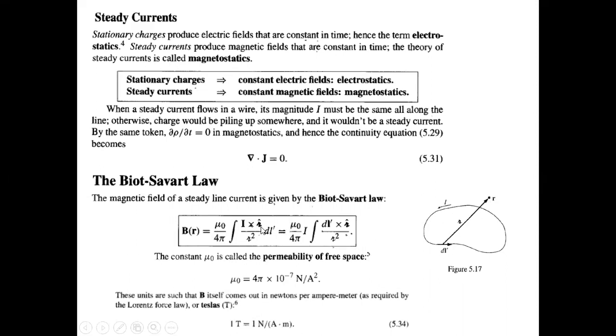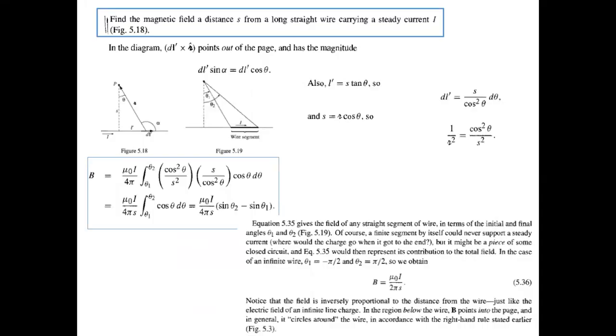This is your unit vector. R squared is the distance, which can be written in terms of this. This has the value of 4π × 10^-7 newton per ampere squared, the definition of the tesla. Now,